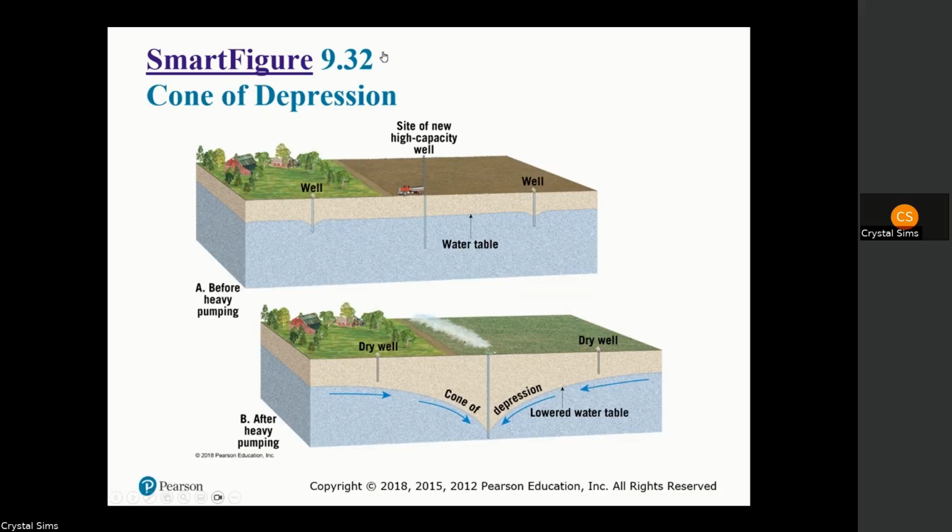So the only way to fix that would be to drill this well deeper or stop the high rate of pumping that's coming out of this high capacity well and allow the water table to start to fill in here and then eventually get a little bit higher like it was. And we can also have artesian systems, and we're going to watch another smart figure video that goes through